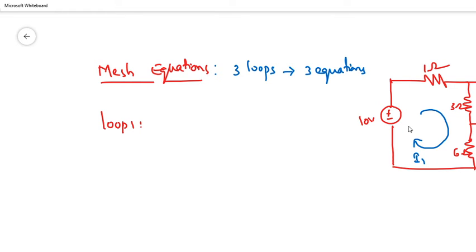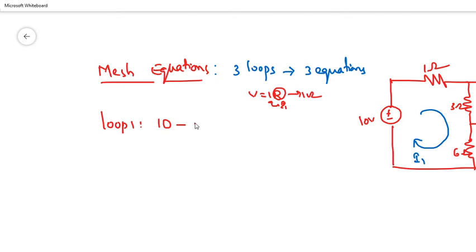Once again I'll repeat the statement: the algebraic sum of the voltages in a particular loop equals 0. So here the current is entering at the negative terminal, so this voltage source value will be positive. So directly we take 10. All the remaining passive elements, we should take as negative. So this is 1, and what is the current that passes through that resistor? That is I1. So we can write Ohm's law, V equals IR. So I is I1, and the R value is 1 ohm.